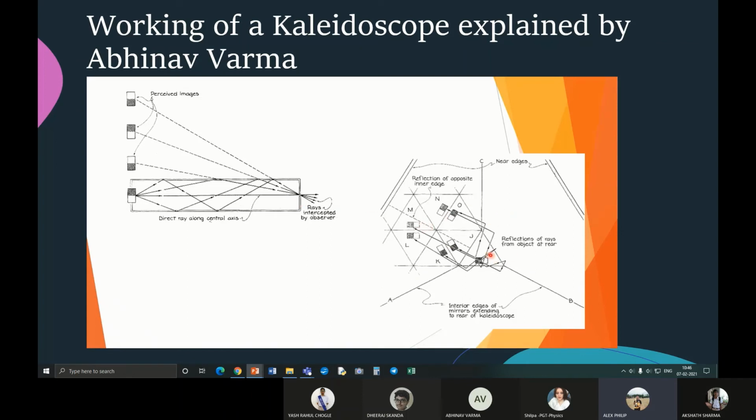This is another picture which shows us the inner side of a kaleidoscope, where this outline, as you can see, is the object chamber, right? And as you can see, light is reflected off onto one side only, as they've shown in this picture, creating a pattern. And this would happen as well for the other side too. So you'd be getting a lot of patterns which when combined look very beautiful. And yeah, so this is how a kaleidoscope basically works.